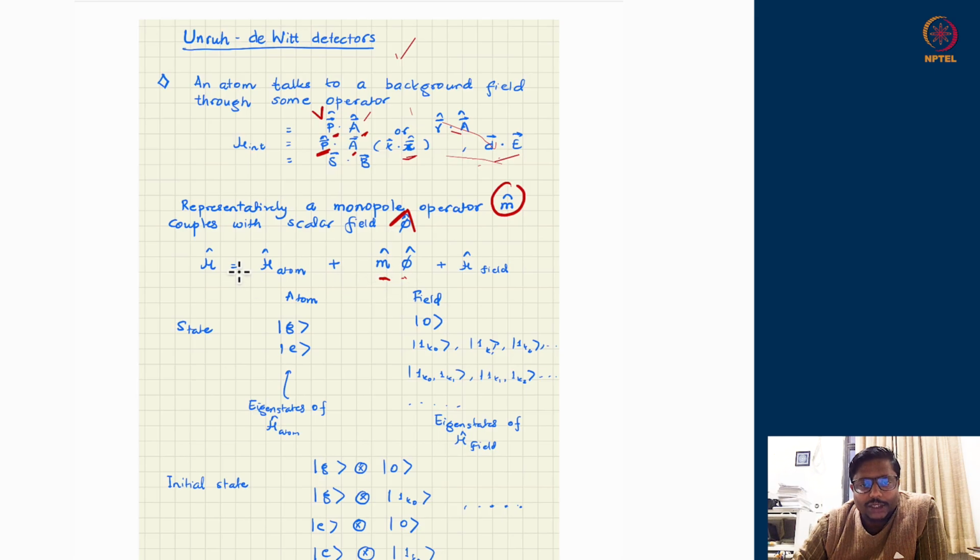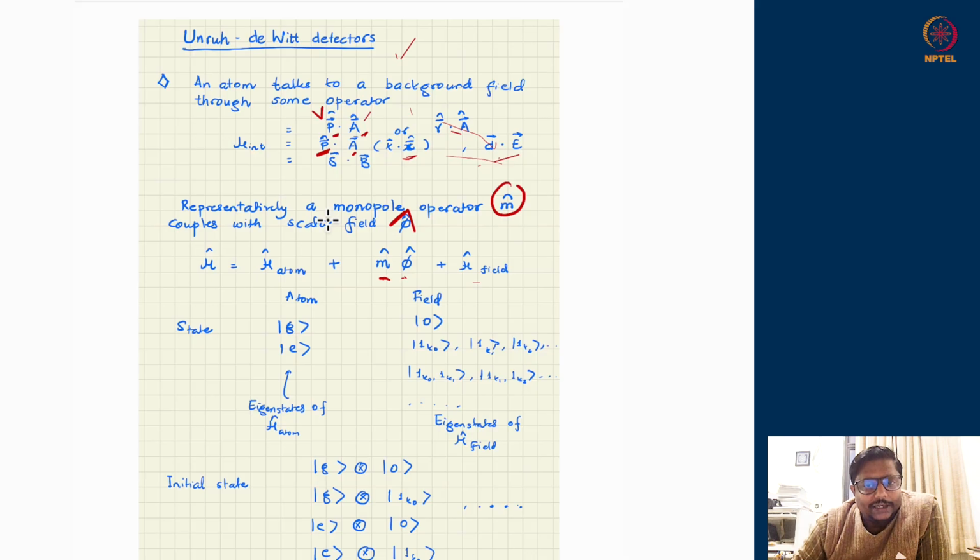The full Hamiltonian is made up of three pieces. One is the Hamiltonian of the free atom. One is the free Hamiltonian of the free field. If they were just isolated, the total Hamiltonian would be the Hamiltonian of the atom plus the Hamiltonian of the field. But since they are talking to each other, this is the coupling between them we have envisaged, M phi. Now this atom is supposed to be a two-level atom, just for simplicity. We are not dealing with an ideal atom, or with realistic physics of quantum fields. We are just taking a representative atom with two interesting levels, an excited state and a ground state.